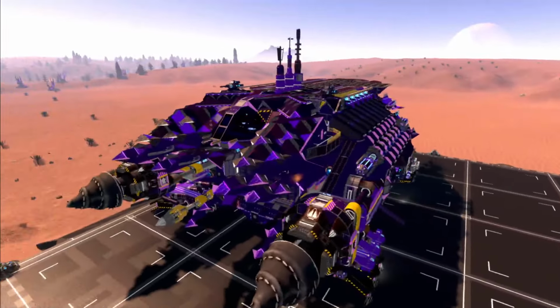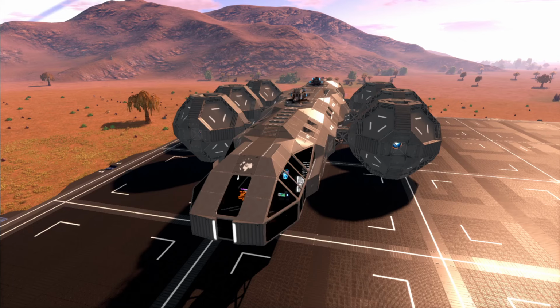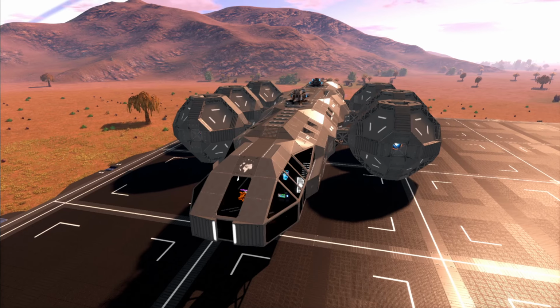All right, so I'm gonna jump over to vanilla now. All right, so now we're in vanilla here. So the next build is, let me adjust my side screen. This is the BSTC Beluga by Doom Noodle,